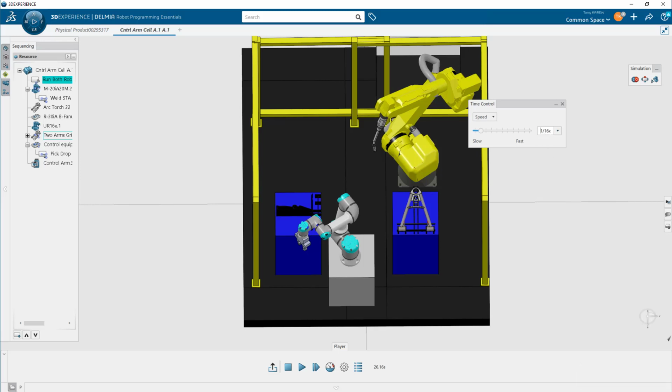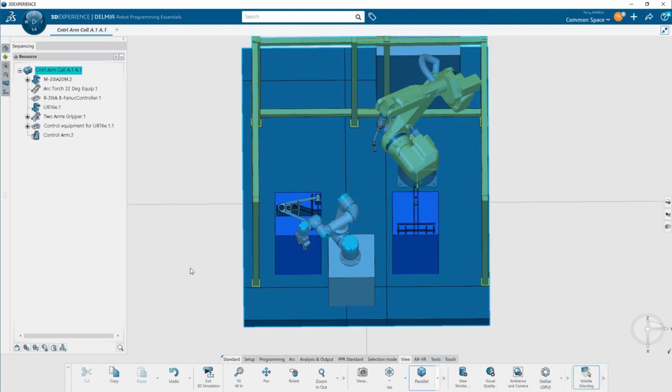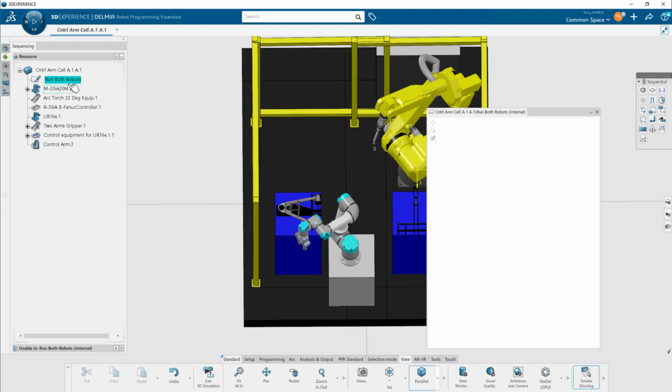But in the real world, we know that we have a lot of things going on and a lot of devices are actually being sequenced inside of the work cell. So what we're going to do now is we're going to do a little bit differently. Let's get rid of that task and let's just start a new one. And again, make sure that's a nominal task. And I'm going to input a parallel